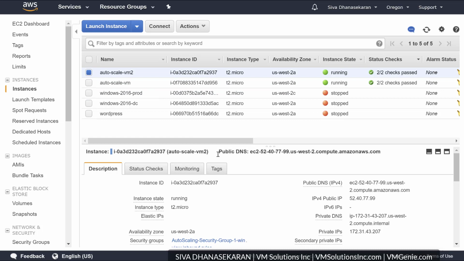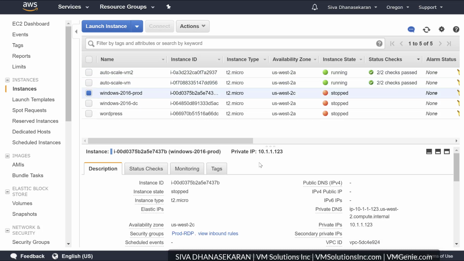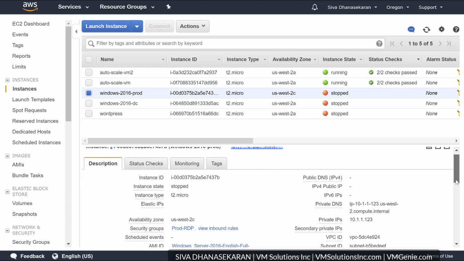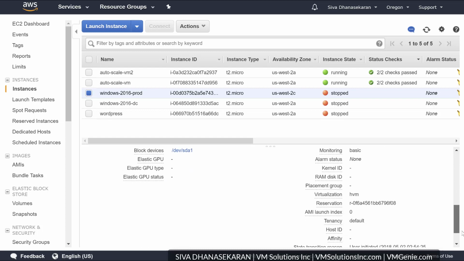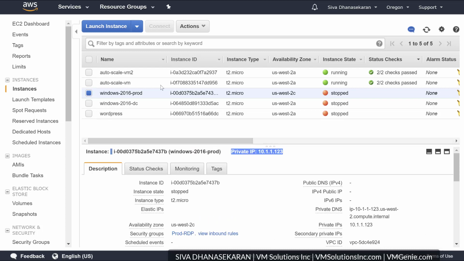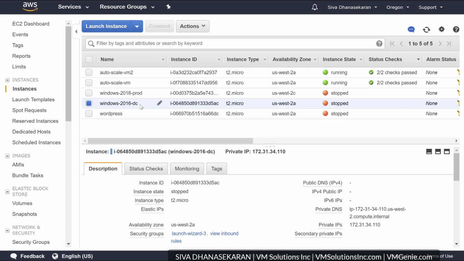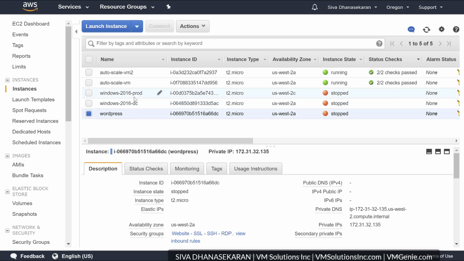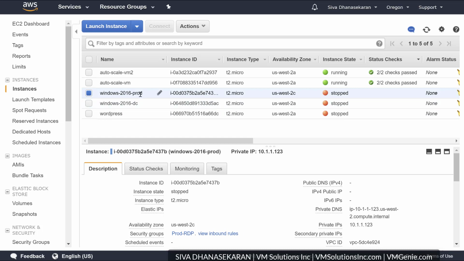If you see here, it has a public DNS, autoscale VM. This is a private IP. This is not in a public network. This is in a private network, as well as in the new production VPC.